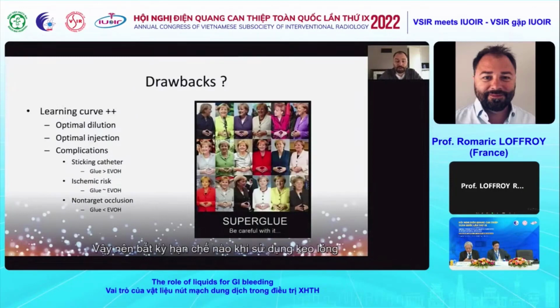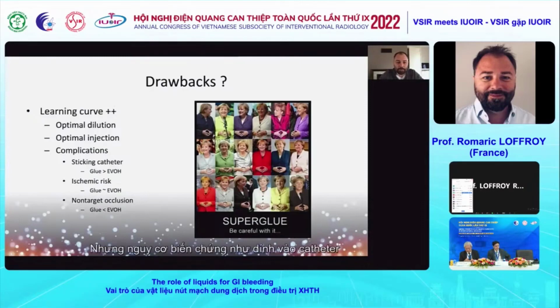So any drawbacks of using liquids for that? Learning curve for sure, optimal dilution. You have to dilute with lipiodol if you use glue, from 1-to-1 to 1-to-4 ratio, according to the type of vessel you embolize. Injection, of course,